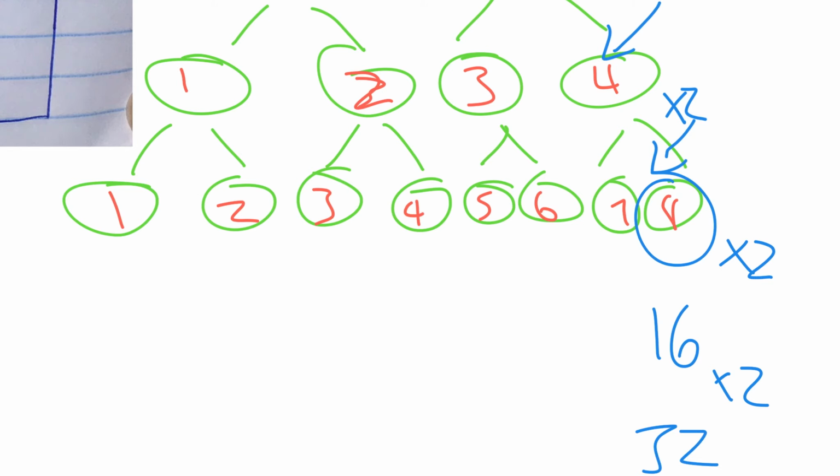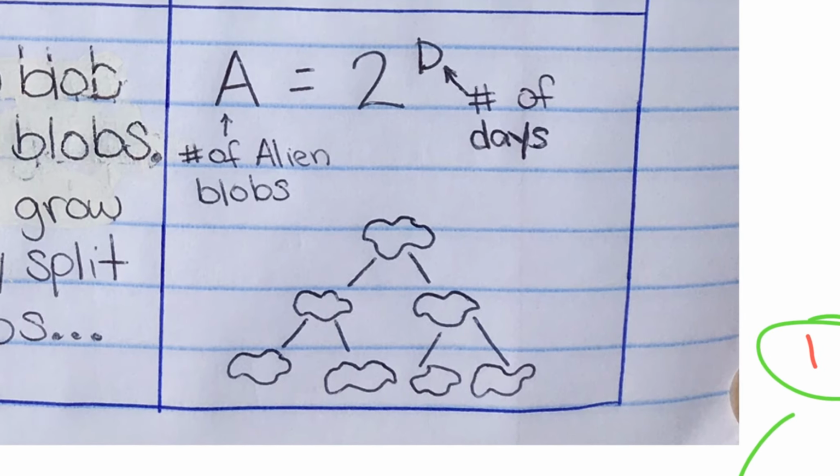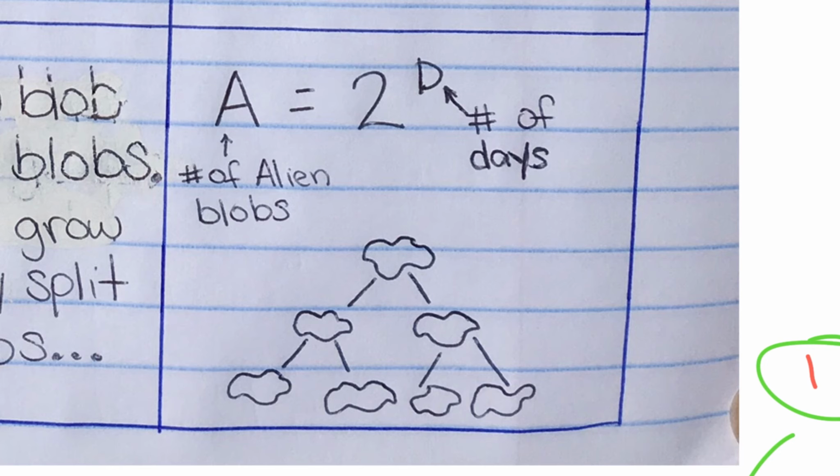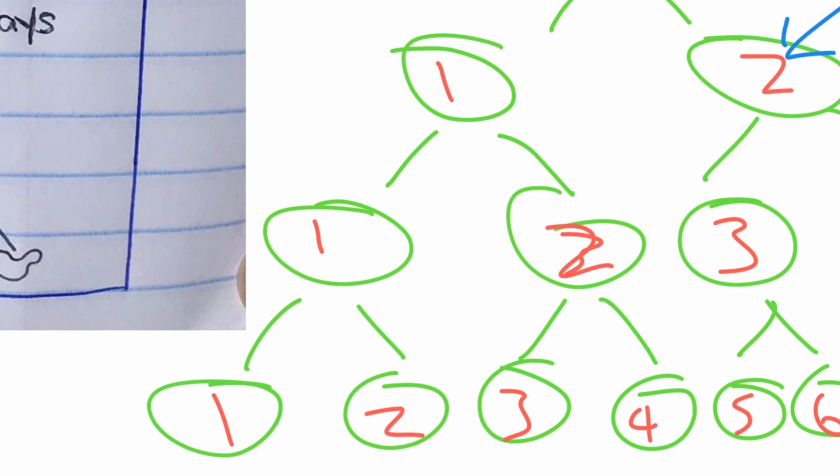So let's pop back up in here to our expression and see how we can make some sense of it. What we've drawn here is that A equals 2 to the D power, which basically means the number of alien blobs that we end up with is going to be 2 times itself however many days there were. Okay, so back in our drawing,